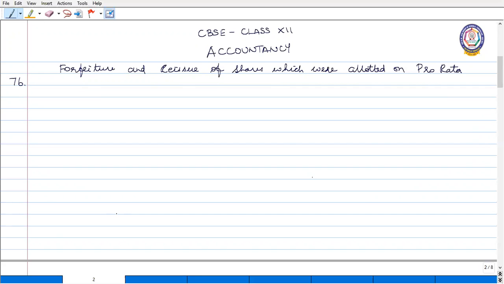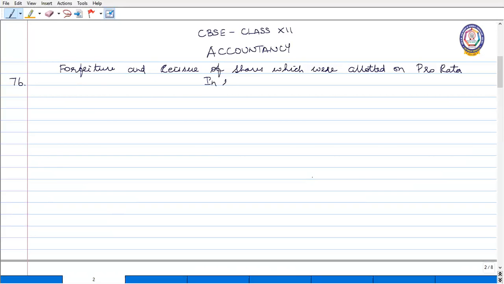Shares were allotted to all applicants on pro rata basis, and excess money received with applications was transferred towards sums due on first call. So the issued number of shares is 75,000, but the application received is for 1 lakh shares. Okay. So first we will